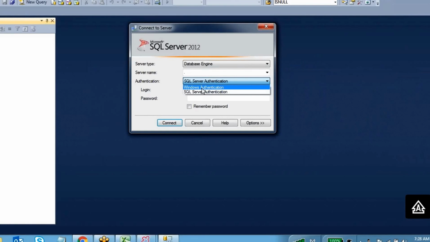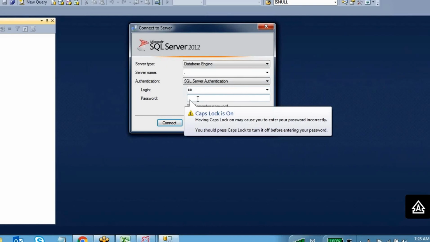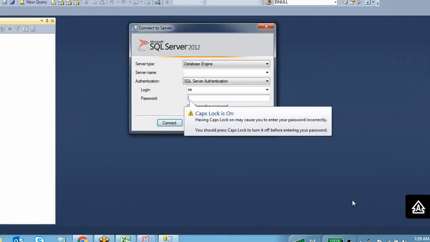If you take Windows authentication, it will take your username automatically. For SQL Server authentication, when you log in the first time, you have to enter the username SA and the same password you gave at installation time. So this is the introduction to SQL Server.